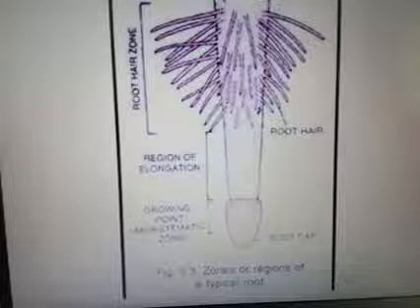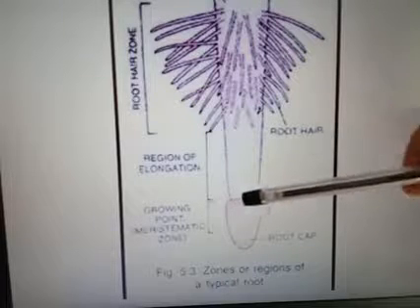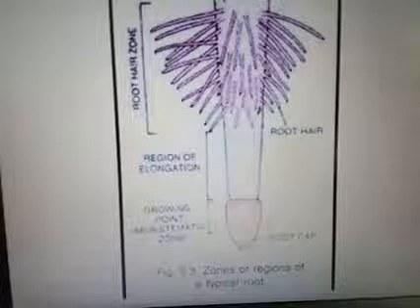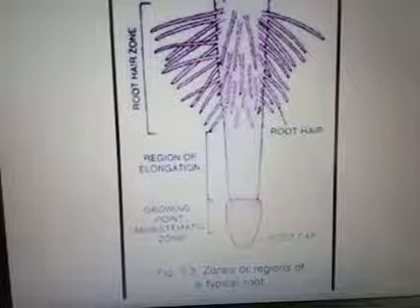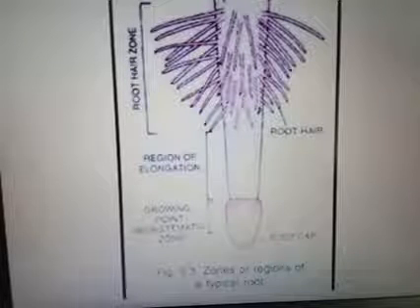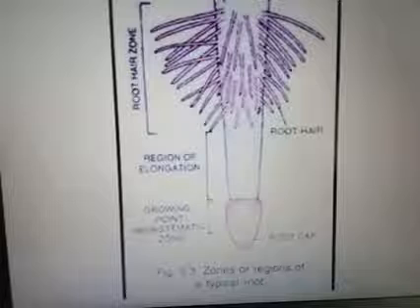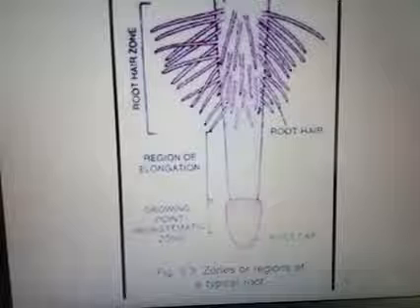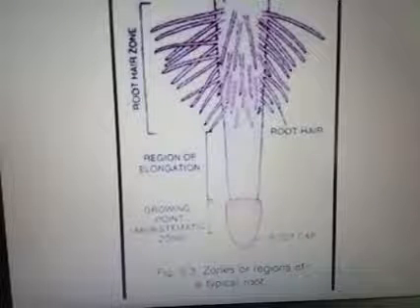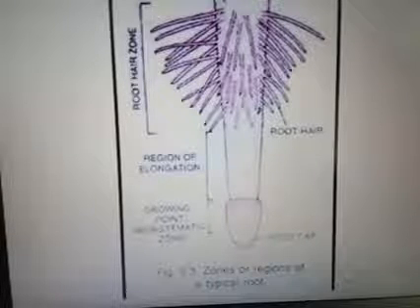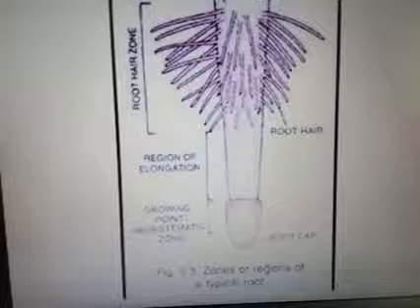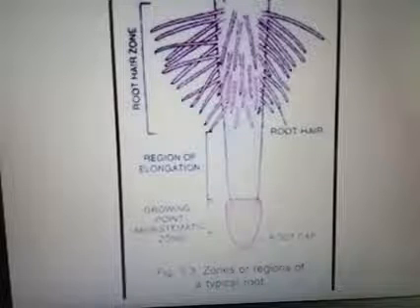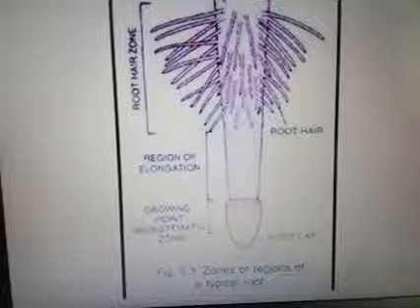Near the root cap, the next structure is the meristematic region. It contains the meristematic cells. What is a meristematic cell? Continuously dividing cells are known as meristematic cells. In plants, there are two types of cells: meristematic cells and permanent cells. When meristematic cells attain maturity, they get transformed into permanent cells. Once they change into permanent cells, they can't divide. So after the root cap, the next region is the meristematic region, the continuously dividing region, and the root cap protects the meristematic cells.